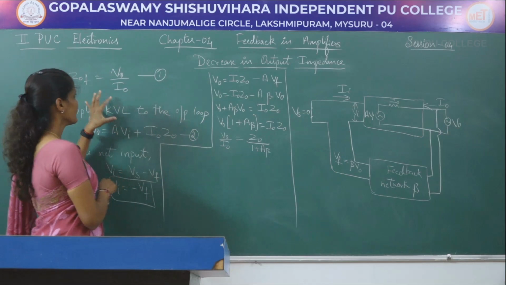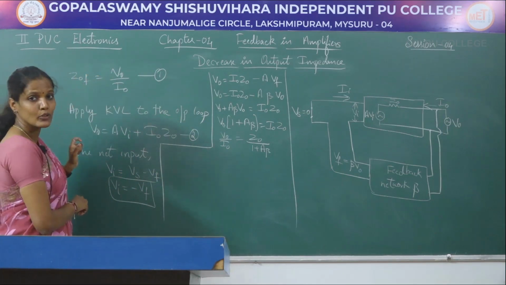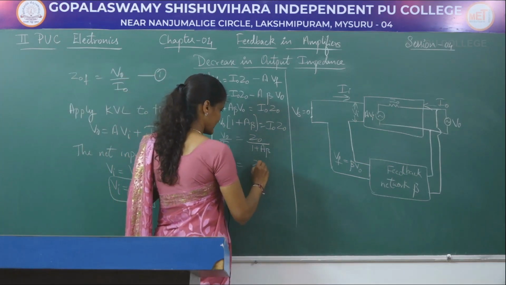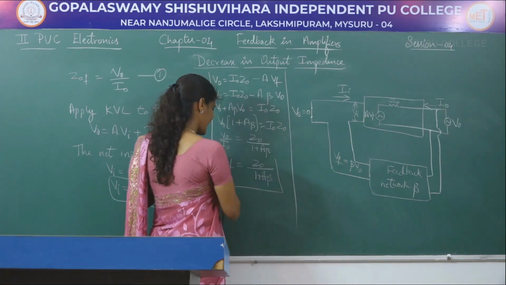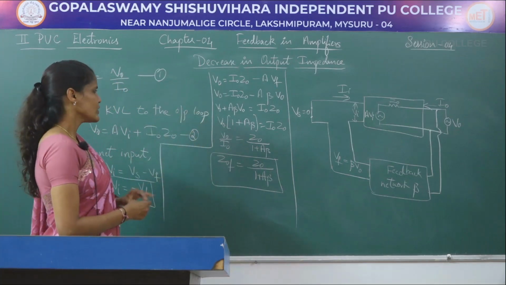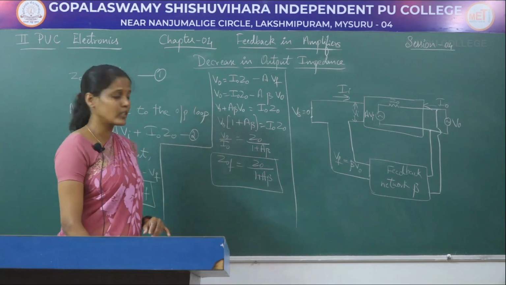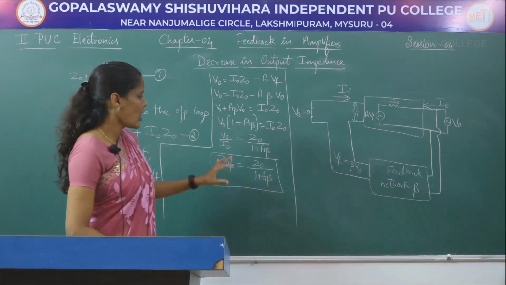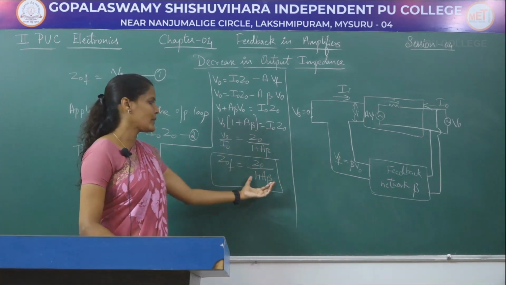But according to the first expression, V naught by I naught is equal to ZOF. So ZOF is equal to Z naught divided by 1 plus A beta. This is the final expression we get from this particular diagram. According to this equation, ZOF is equal to Z naught divided by 1 plus A beta, we can easily tell that the output impedance of a negative feedback circuit will decrease by a factor of